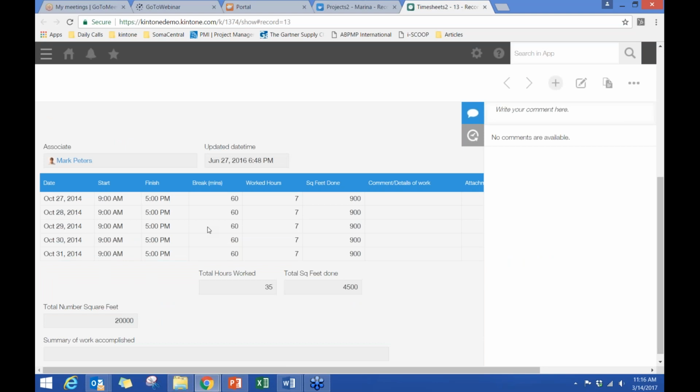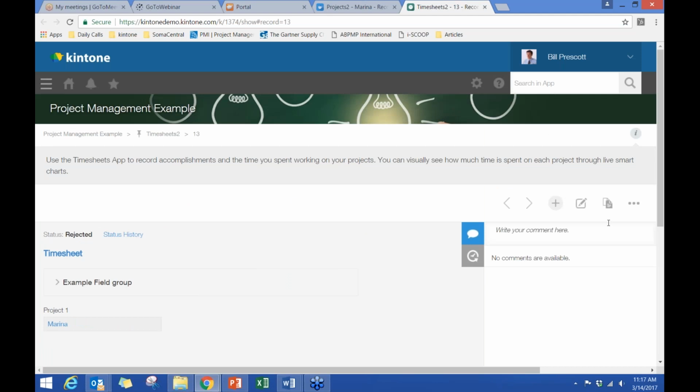Now, lookup fields are a little different. They pull information from a data source application into the primary application you're working in, but it's a one-time pull. So if I wanted to say Mark Peters was pulled into my project application, perhaps his contact information would auto-populate via the lookup field from Mark Peters' record. And that's the difference between related records and lookup fields. I'm going to change my app settings